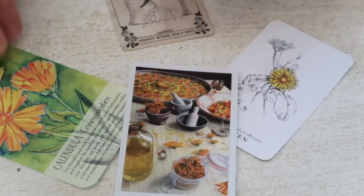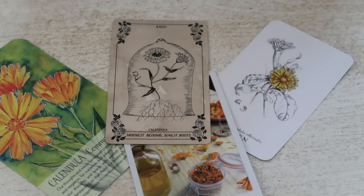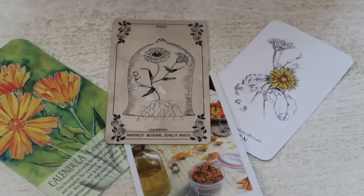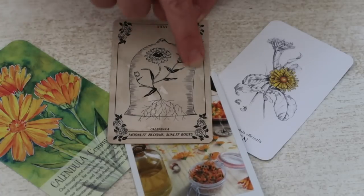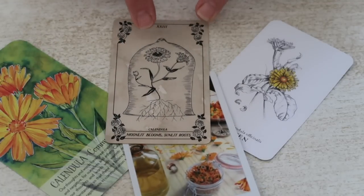And then on the Maiden Oracle, this is moonlit blooms and sunlit roots. So I think what this one is speaking to is the use of the whole plant, among other things. On this deck, a lot of the plants are underneath glass, which has its own metaphor within it. And I find this deck